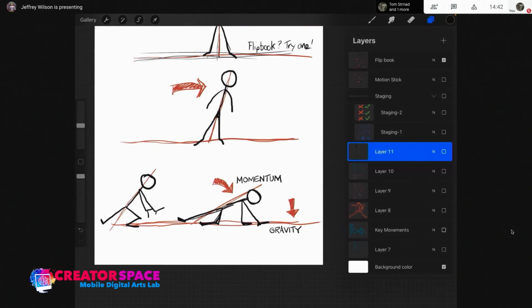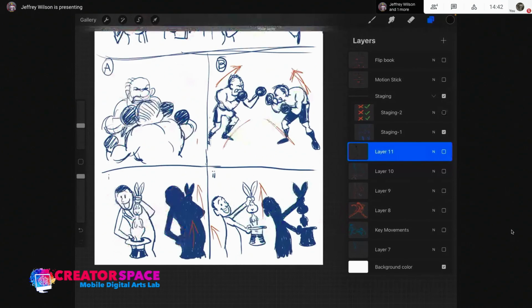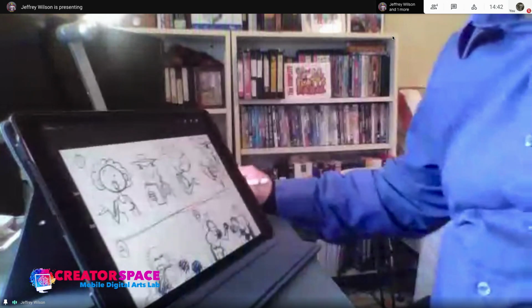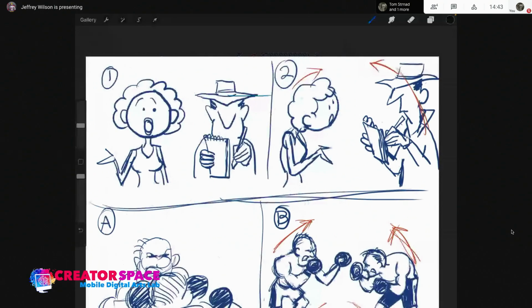And staging was a very important thing too. I just wanted to go back to the staging, and making sure that the audience can be clear on the story that you're trying to tell, and to make sure that if you're doing a drawing, it can be very clear from the silhouette. If you silhouetted the object, it could be very clear what it is,